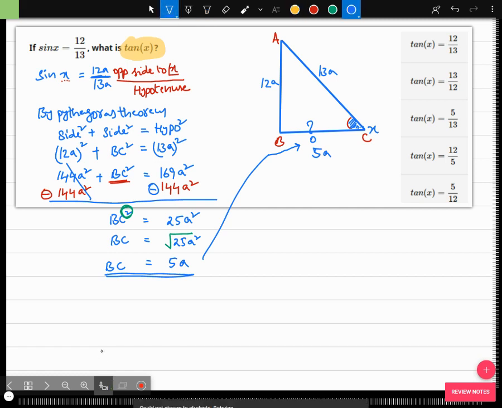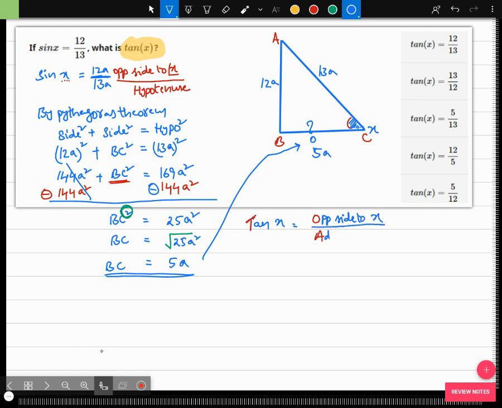So tan, think of SOH CAH TOA. Therefore, tan equals, again as I mentioned, think of SOH CAH TOA, the TOA part. Therefore, tan x equals the opposite side to x